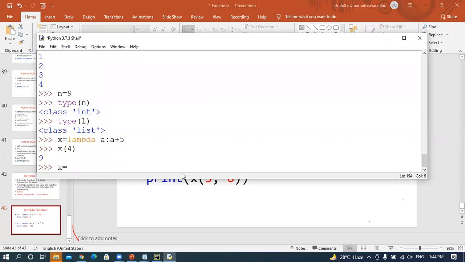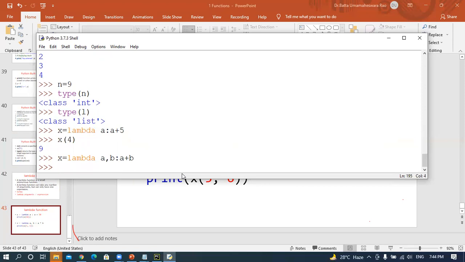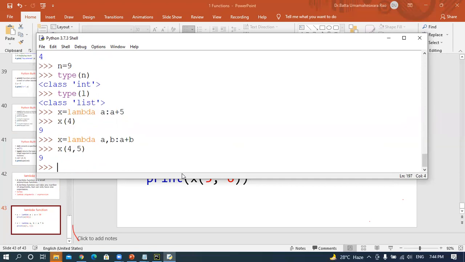For example, another important one, lambda a comma b. It will take any number of values. For that one, I am taking a plus b. When I am calling 4 comma 5, it will print values like this. I think, is it clear? This is some information about the